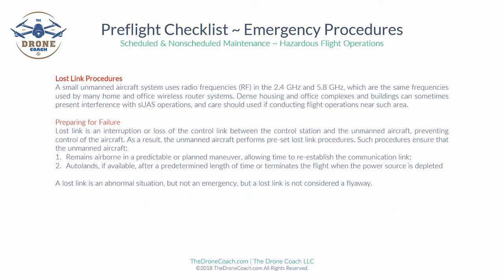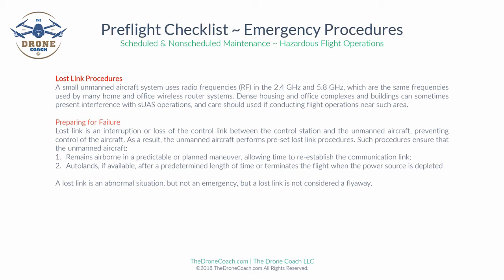Now, you may not know this, but the small unmanned aircraft system uses radio frequencies in the 2.4 gigahertz range and also 5.8 gigahertz. These are the same frequencies that many home and office wireless router systems use. Dense housing and office complexes and buildings can sometimes present interference with sUAS operations. The FAA just wants you to be careful should you find yourself conducting flight operations near such dense housing and